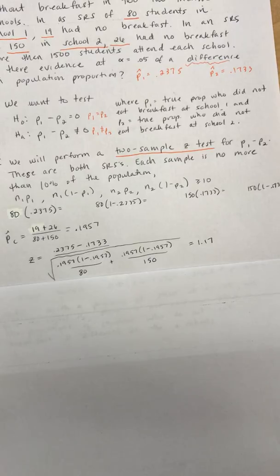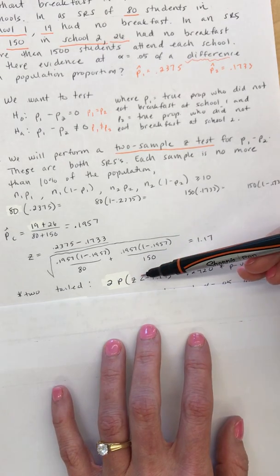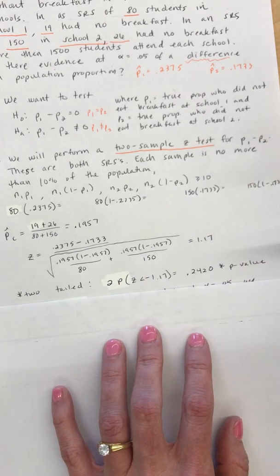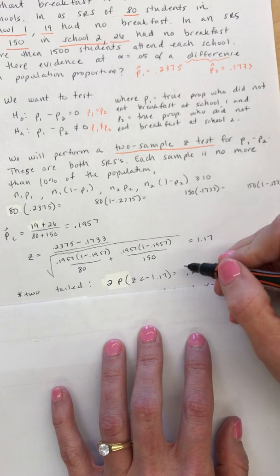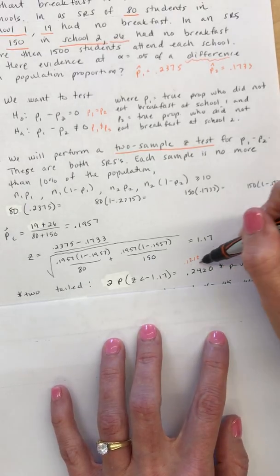So we are going to look up the 1.17, but remember, this is a 2-sided test, so I have one of 2 choices. I can look up negative 1.17 and directly take that proportion and multiply it by 2, or I can look up the positive 1.17, subtract the proportion from 1, and then multiply by 2. So I'm going to go the first route. I'm going to do 2 times the probability that Z is less than negative 1.17. So from the table, I got 0.1210, and I've multiplied that by 2, and I now have a p-value of